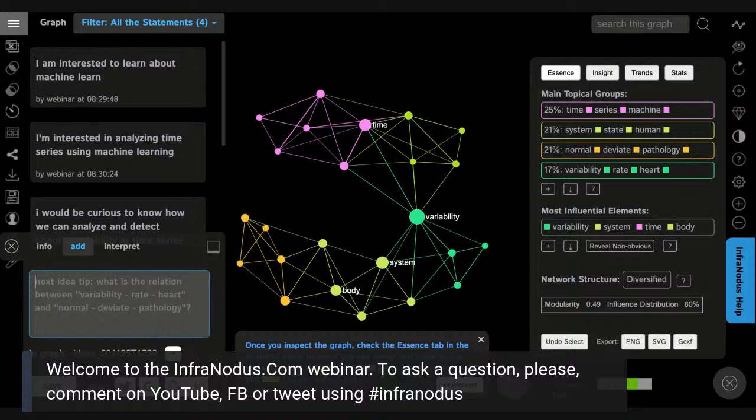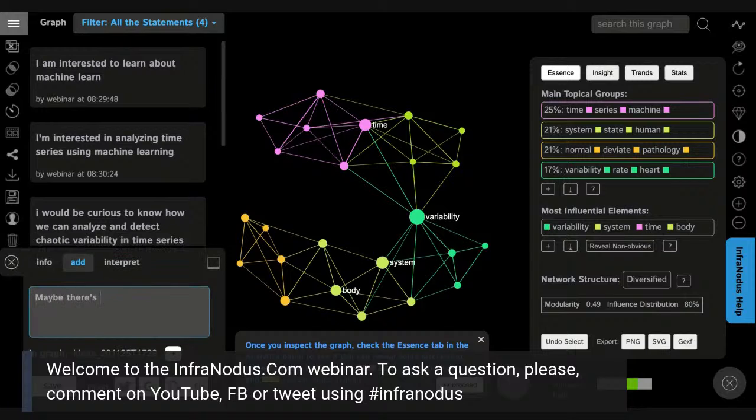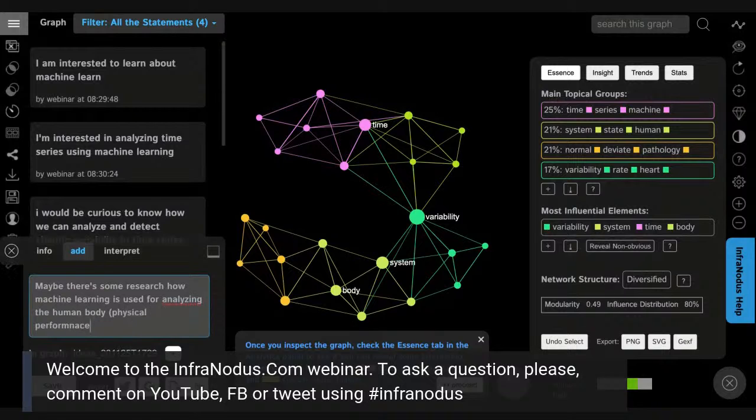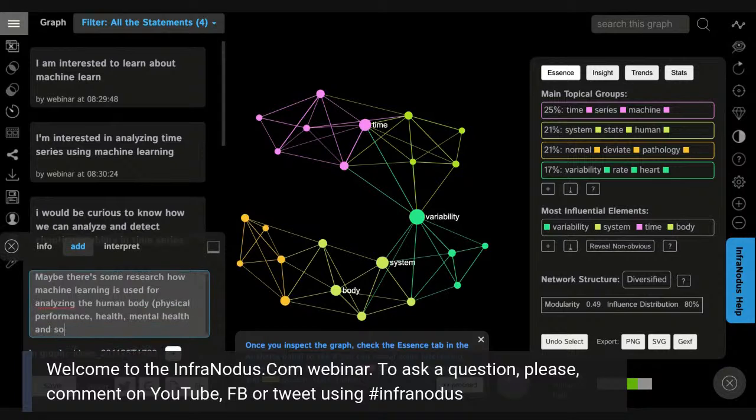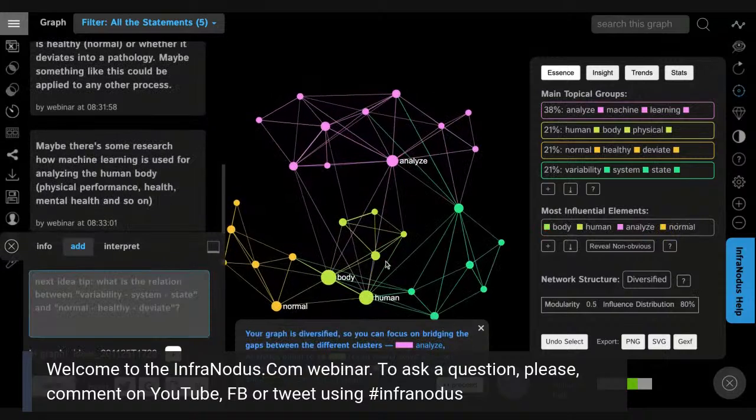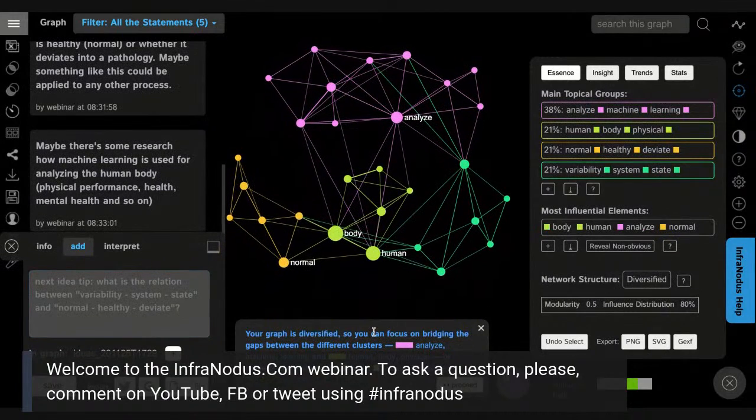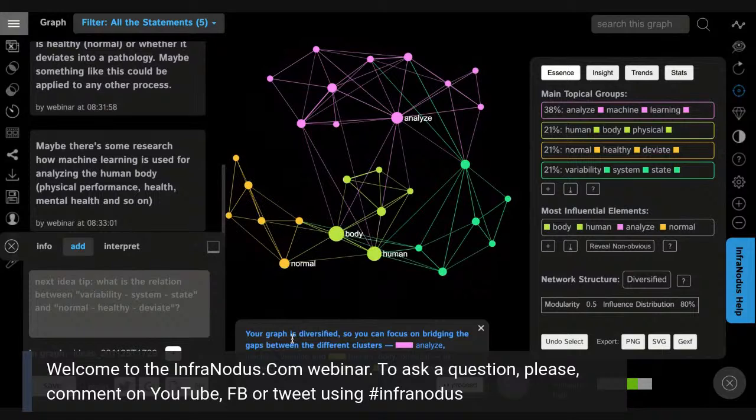So for example, I can even make a note to myself. Maybe there is some research on how machine learning is used for analyzing the human body. For example, physical performance, health, mental health, and so on. Add this into the graph, and here the interesting thing happens: InfraNodus detected that the graph is diversified,